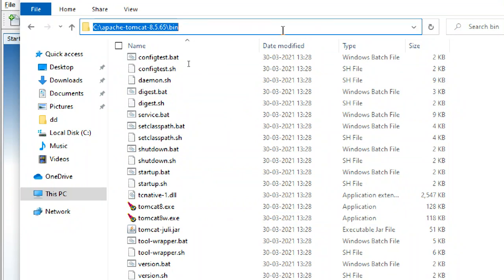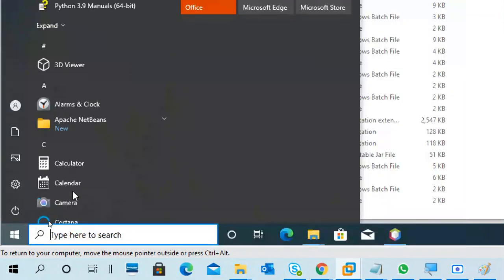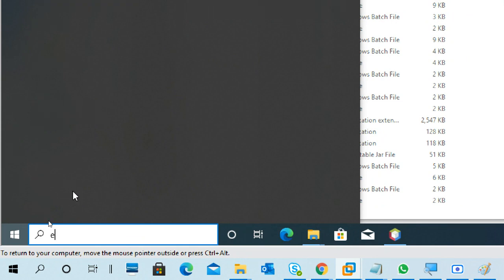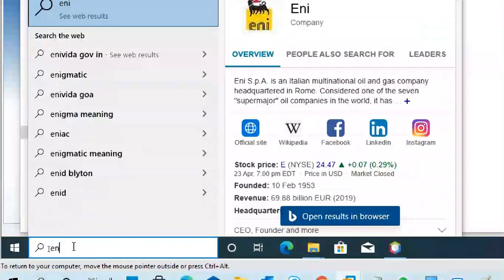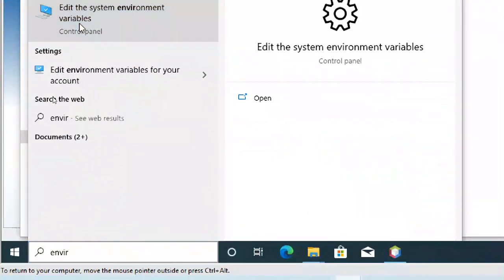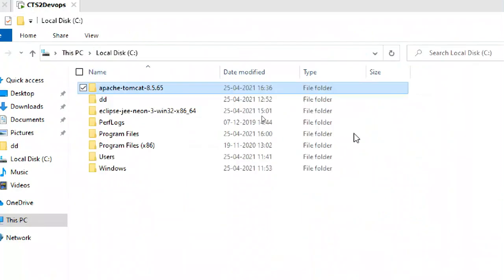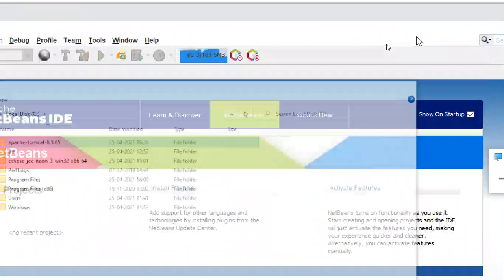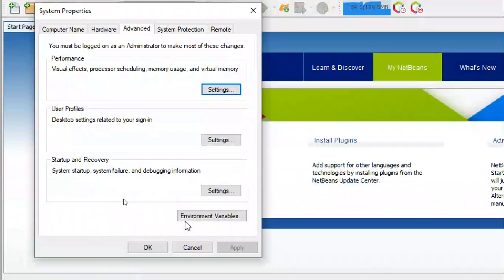Okay, this is Control C, and put it in the environment variables, because this application is not added to the path automatically. I will show you how to add a project.